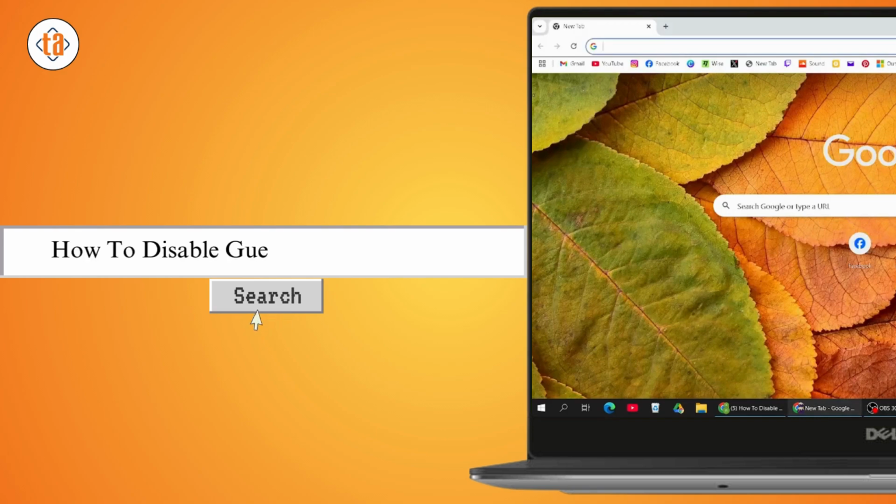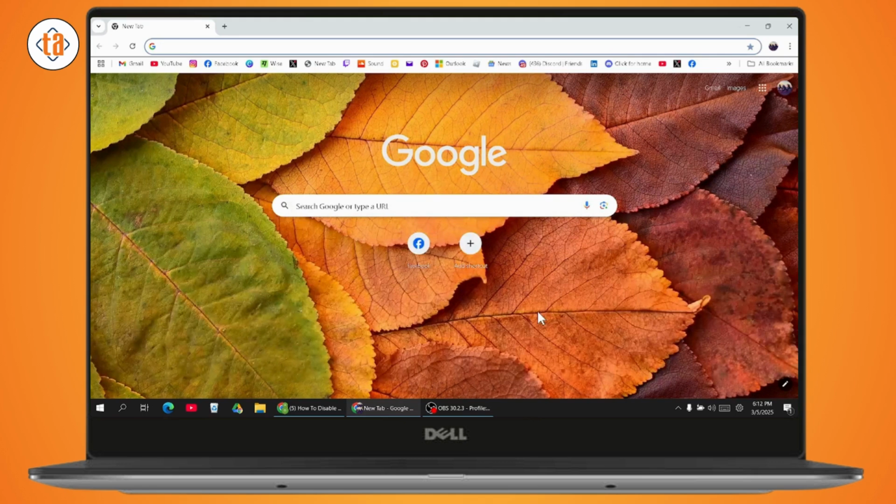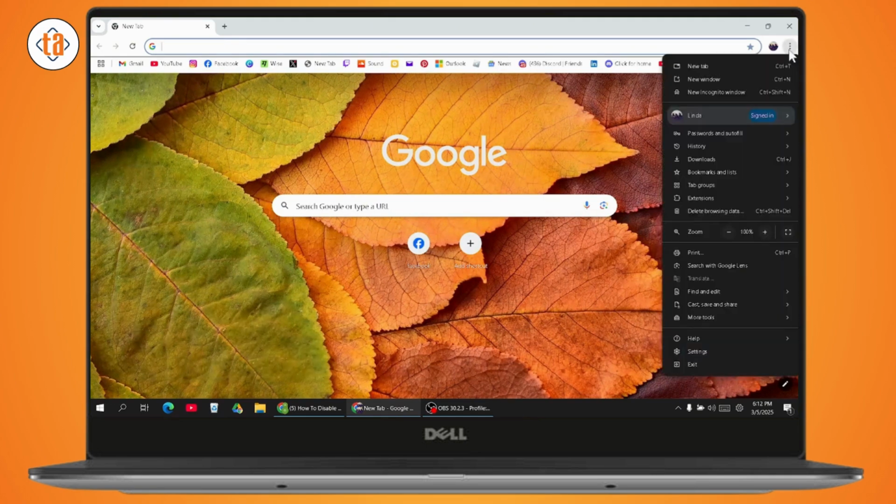How to disable guest mode in Chrome. So if you want to disable your guest mode in Chrome, then what you need to do is first you just need to simply open up your Chrome browser. After opening your Chrome browser, you just need to simply go to the upper right, which has that three dots, and